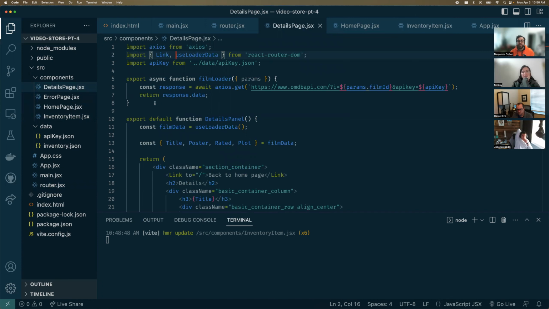And we see, first of all, this film loader makes a request to get that specific film. And the first thing you're probably thinking is, well, didn't we just grab all the info for those 4 films? Why are we doing it this way, right? We grab the data for those 4 films. Why doesn't the homepage just pass the data to the details page, because we already got it, right? Well, that is a good point, but with the way we're doing things in React Router, we